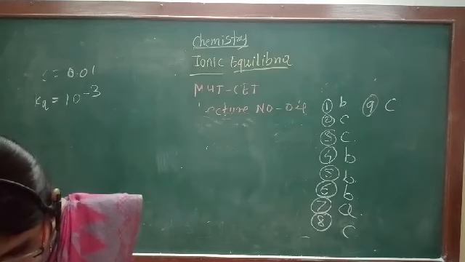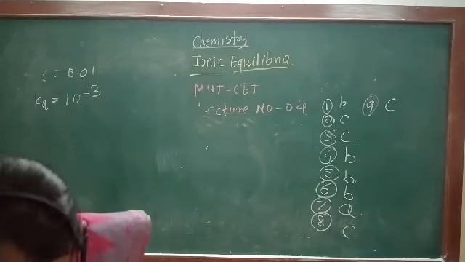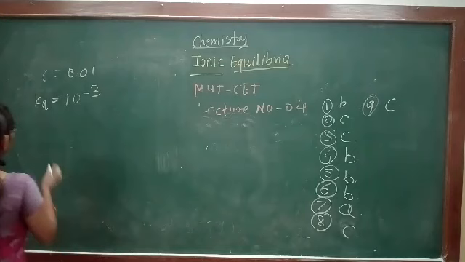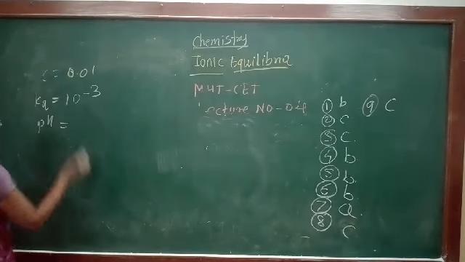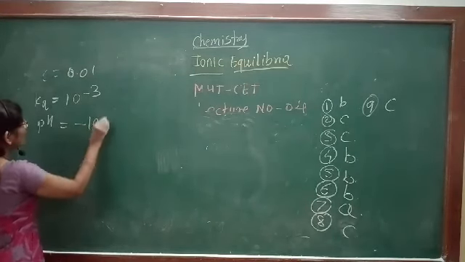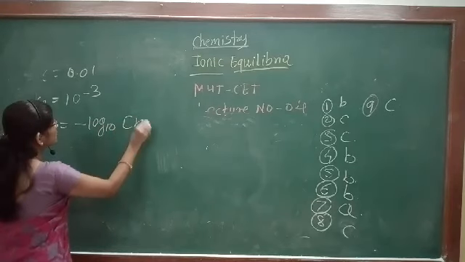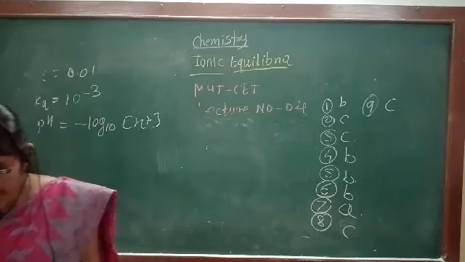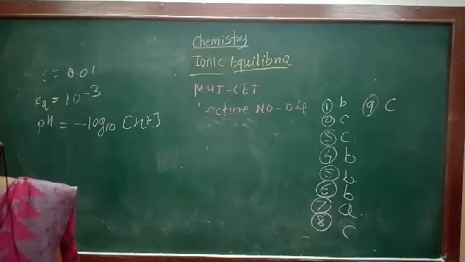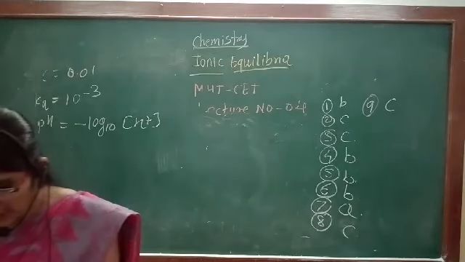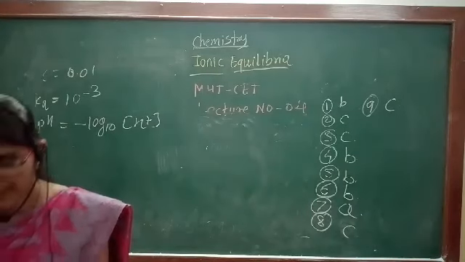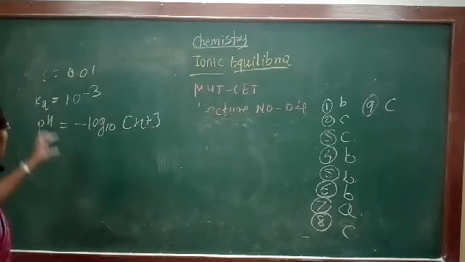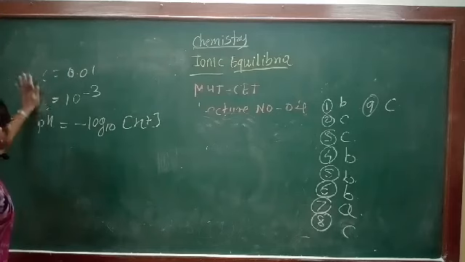So here for the pH, what is the formula of pH? pH is equal to negative log to the base 10 of H plus ion concentration, and therefore if the degree of dissociation of 0.01 molar weak acid solution is 10 raised to minus 3 alpha,